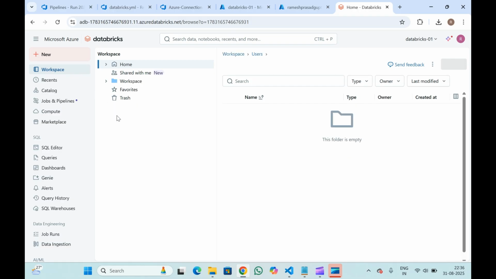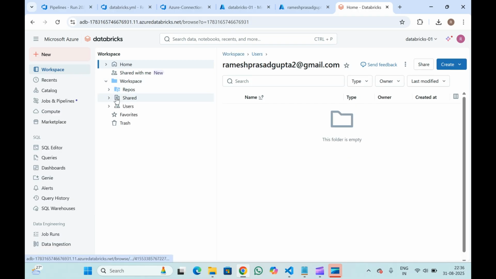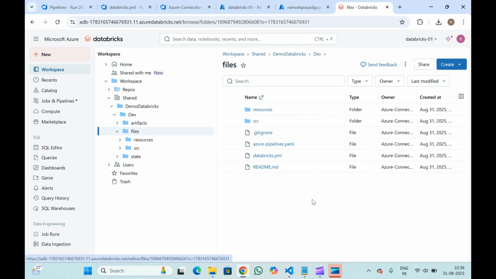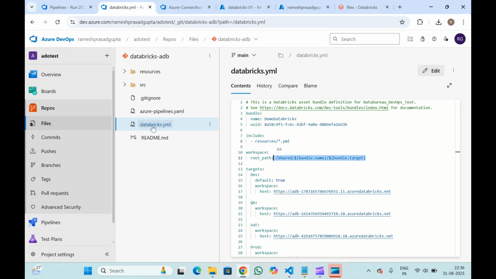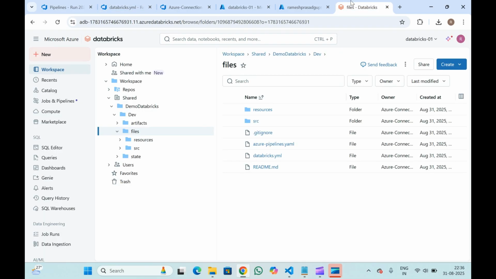We had done it inside the workspace, inside the shared folder, inside the demo Databricks. You can see inside the dev, and if you open the files, in files we have all the notebooks and all the files deployed. You can see whatever we have inside this repository, in the same structure, these are deployed